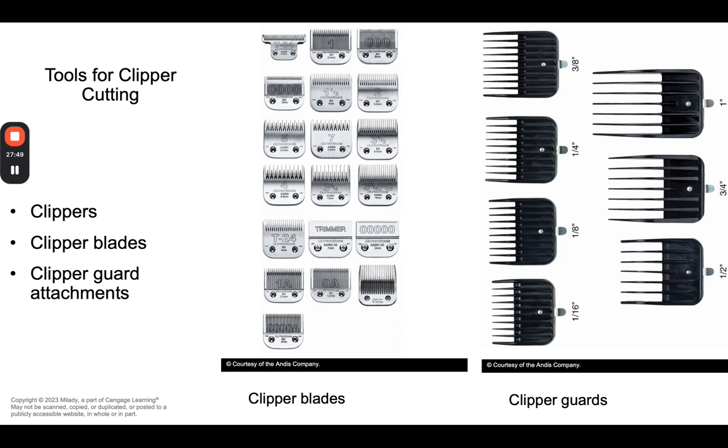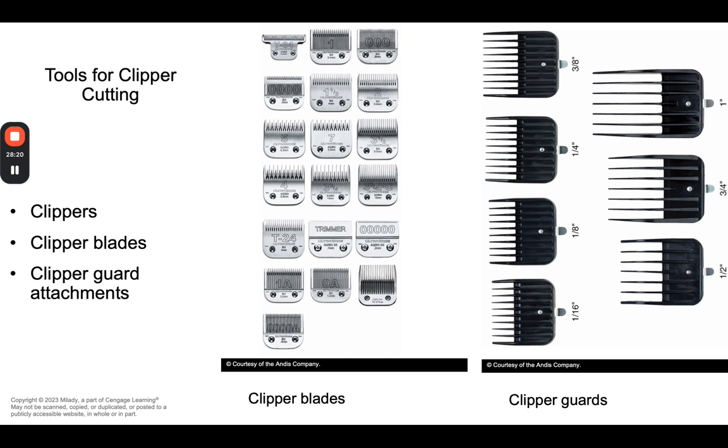There's also clipper blades. Some clippers feature interchangeable blades that are available in a variety of styles, sizes, and lengths, and they can attach to the clipper with a single snap-on design. Detachable clipper blades are often used in lieu of clipper guards. And then you have clipper guards, which is what you see on the right side. They attach to the clipper blades, and they usually allow you to cut the hair evenly and to an exact